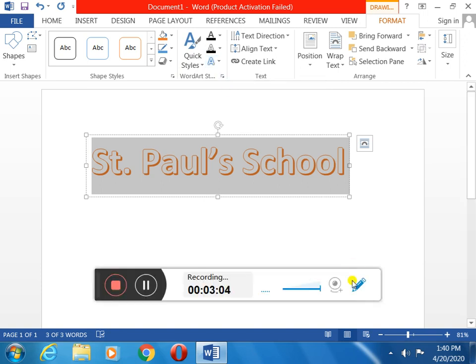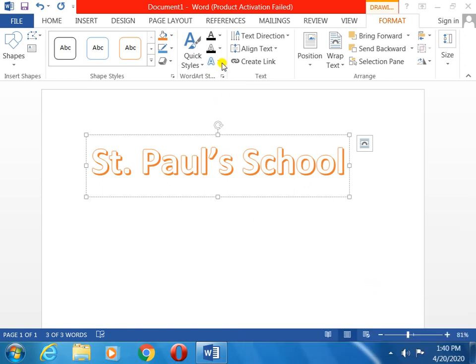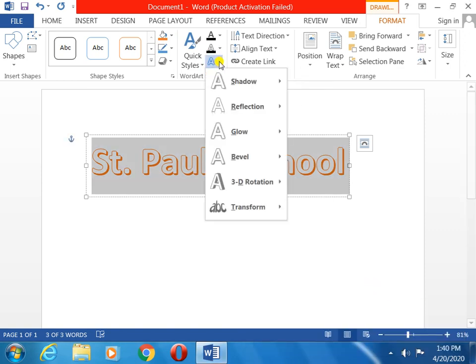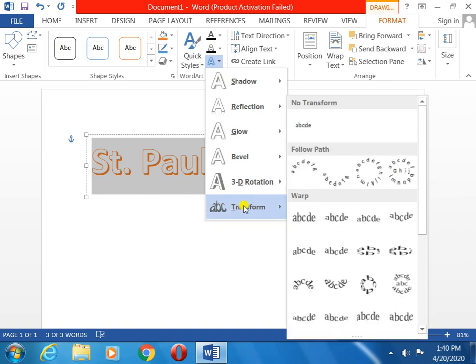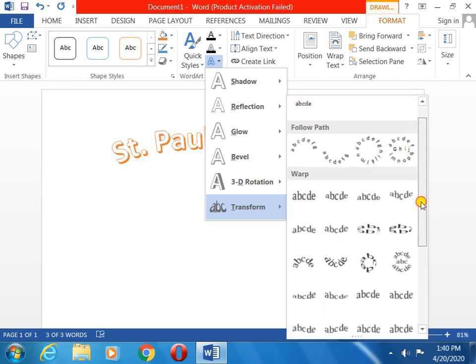Okay, text effect, just follow me, my dears. This is this box, this one, text effect. You will click here. After that you will see the transform option is there. Whenever you touch Transform, on the right side you will see so many options, so many styles.